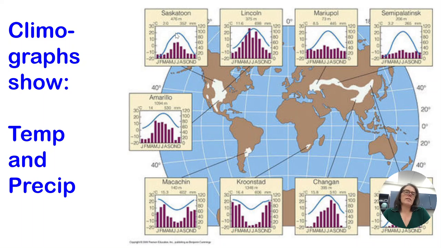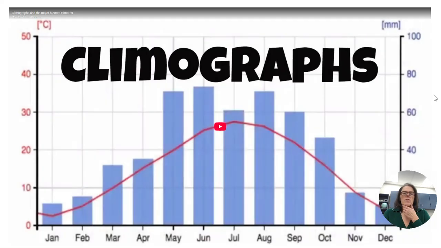And it's like, okay, so in the summer it's hot, in the winter it's cold, and so on and so forth. So you can look at those different patterns, and keep in mind, of course, that in the southern hemisphere our winter is their summer, and reversed. Each biome is going to have a different climograph pattern. I'm going to invite you to watch this video in your slide deck, and it explains it really well and goes through the different biomes and what the pattern is.